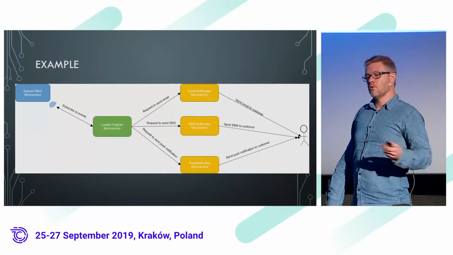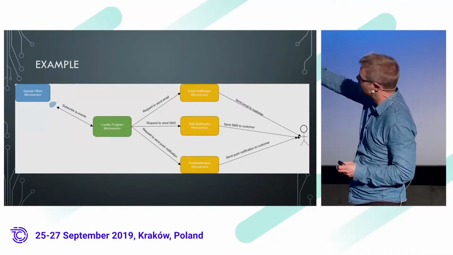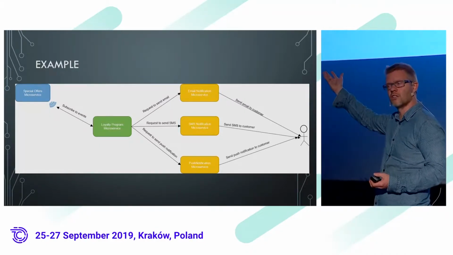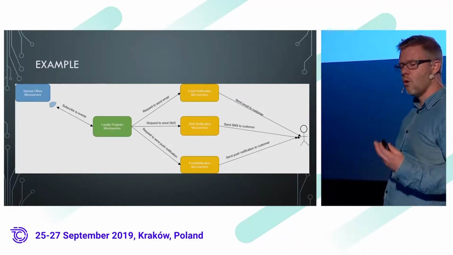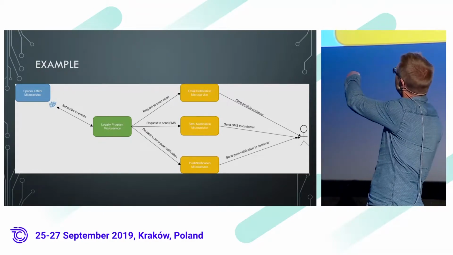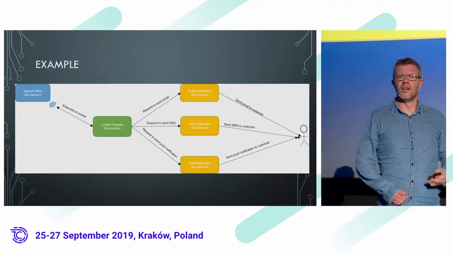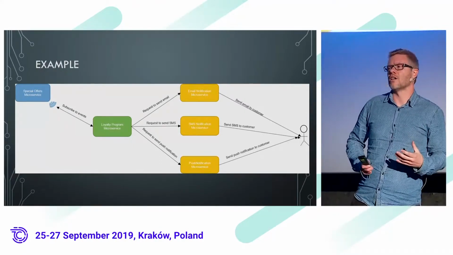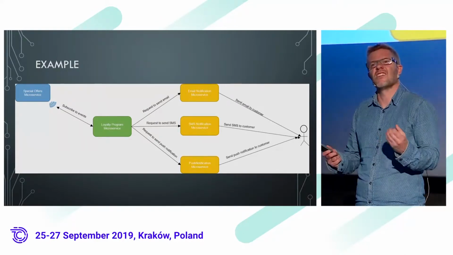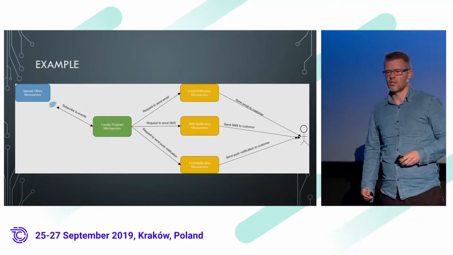So we could do that within the loyalty program bounded context we figured out. It still says microservice, but we kind of figured out it was probably a bounded context, right? So we could keep it in there. Or we could say, okay, these are kind of different things. We need to send emails. We need to send text messages. We need to send push notifications. And that's not really something that lies inside of a loyalty program bounded context, because it's not really that subdomain. It's a technical subdomain. So we split that out into microservices.